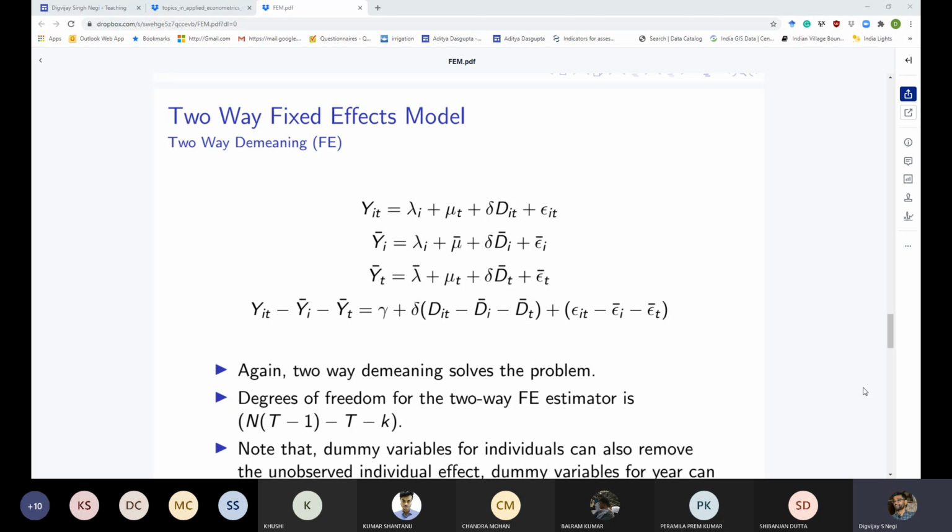In those particular cases, if you do a first difference, there may be a problem, right? Because if you are missing a time period for an individual, then you cannot do a first difference. So you will have to drop all those observations. So for doing a first difference, you need all the time periods for all individuals.